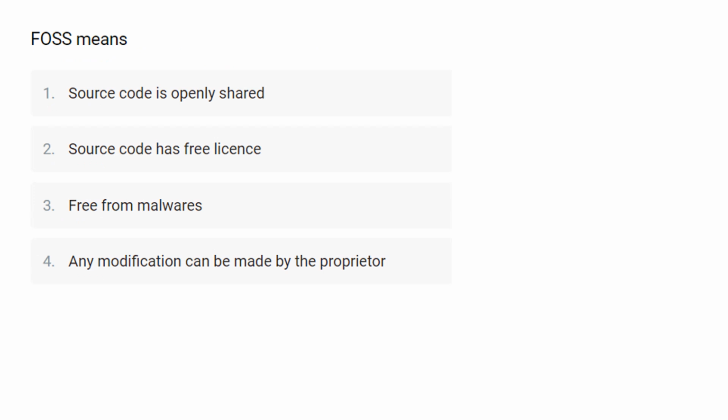FOSS means. So here in this question they ask you what FOSS means. Okay, for which the first option here is source code is openly shared. Second one is source code has free license. Third one is free from malwares, and the last one is any modification can be done by the proprietor. Okay, so the free and open source software, that is FOSS, allows the user and the programmer to edit, modify